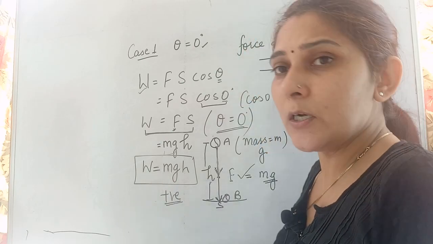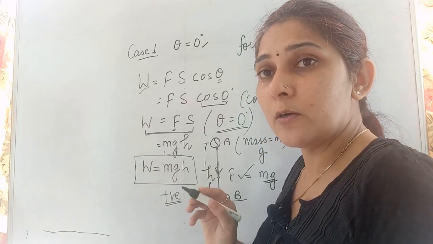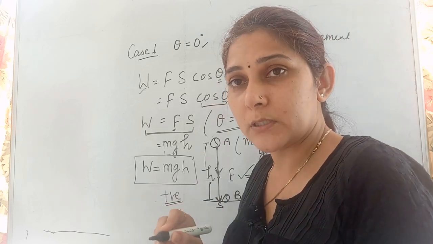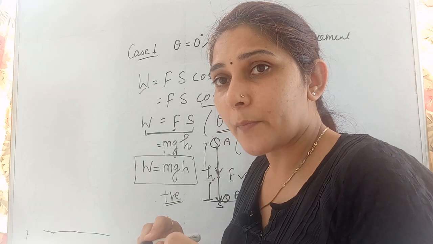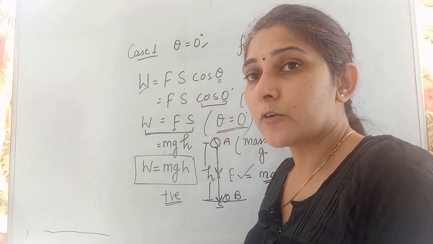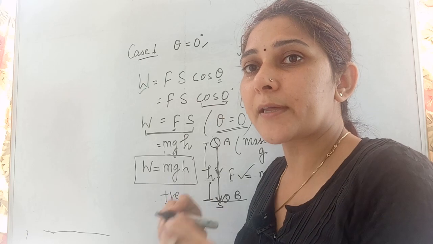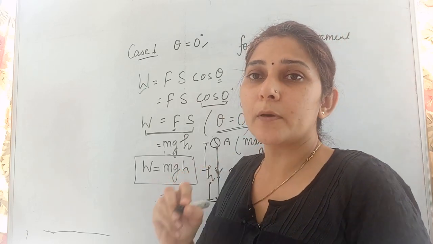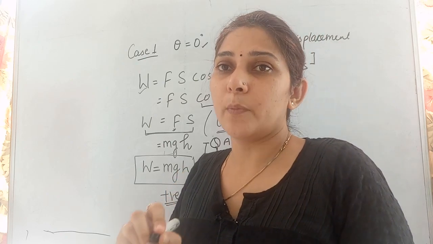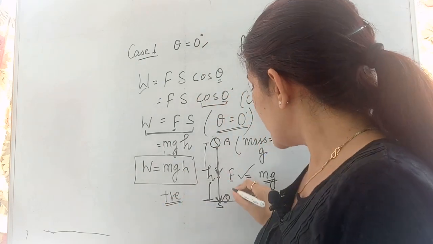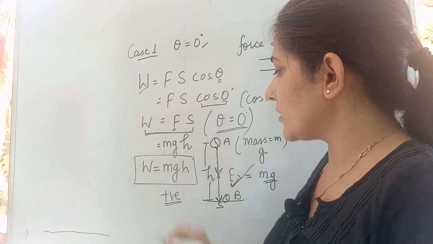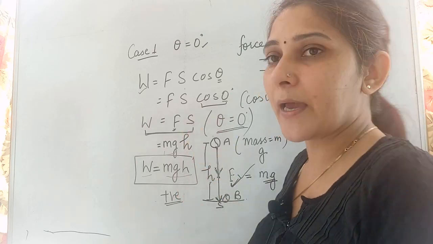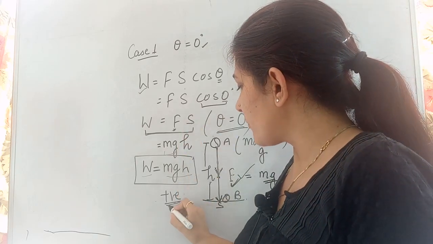So that means the total work done, listen to me carefully, the total work done by the force of gravity on the ball when the ball is coming in downward direction. The work done by force of gravity. Which force is acting, you need to read very carefully, because according to that the answer will be given. Here I am saying the work done by the force of gravity. So work done by force of gravity is given by mgh, or you can say it is given by F into S, and the value is always positive.